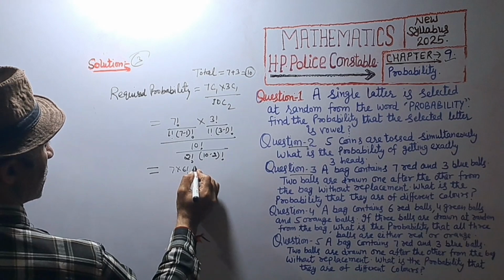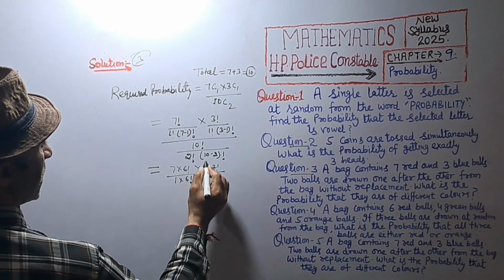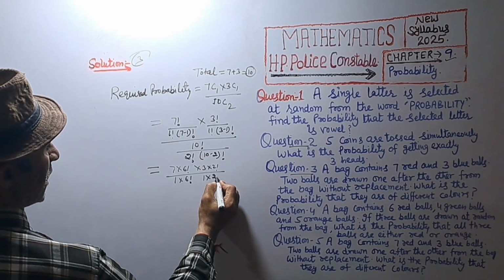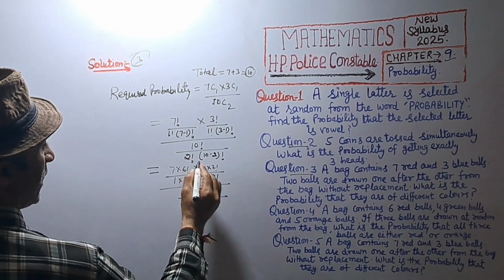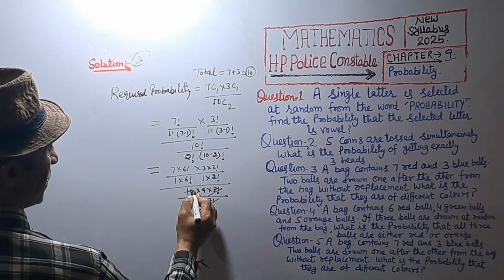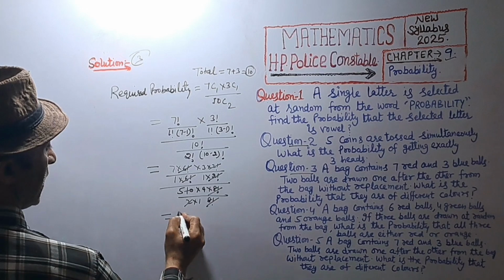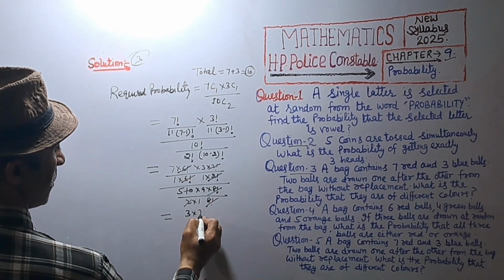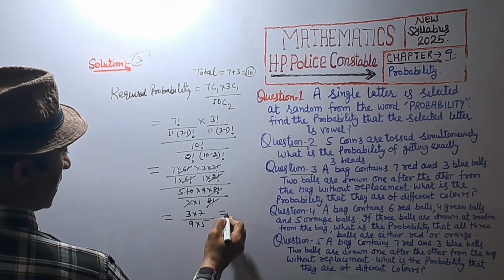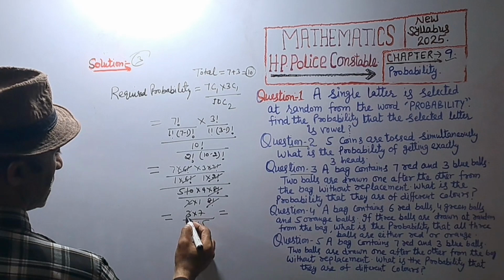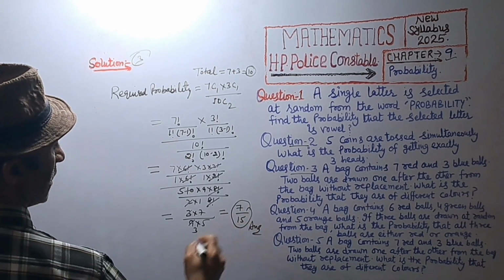So we get 7 into 6 factorial, 3 into 2 factorial, divided by 1 factorial is 1, and 7 minus 1, that is 6 factorial. 1 factorial is 1. 3 minus 1, that is 2 factorial, divided by 10 into 9 into 8 factorial, divided by 2 into 1 and 8 factorial, which is cancelled, and 5 twos are 10. 6 factorial is cancelled. 2 factorial is cancelled, and we get 7 into 3 divided by 9 into 5, that is, 3 threes are 9. So we get 7 upon 15. Answer.